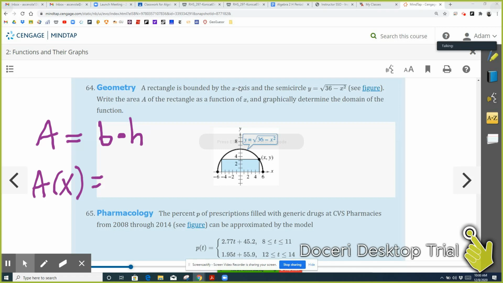So the base, all right, we'll do the base in orange so it really pops. The base is this part, which is going to be x, wherever this point is. If this point was over here, then this right here would be the x coordinate. So as it is in this picture, this length right here is the x coordinate of this point, and this is also the length of the x coordinate of that point. So the base is really going to be 2x of this rectangle, because the base is on two sides of the